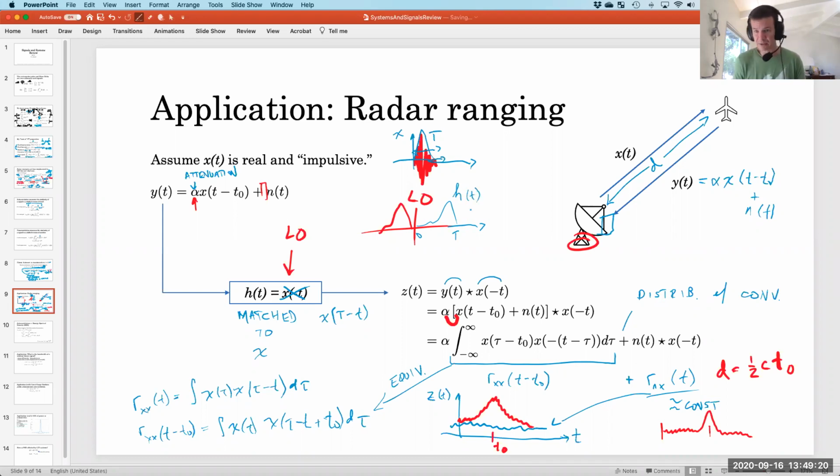Like I said, the math works out the same. You end up getting this autocorrelation that's shifted in time, but now it's shifted in time twice. Once by the inherent delay that we had to introduce, and once by the delay introduced by the traveling of the beam out and back. So I think I'll include a homework question that asks you to go into this detail a little bit further. The moral of the story, you can't get anything for free here. That is, if you want a buildable system, you have to pay for it somehow. And the price you pay is actually related to